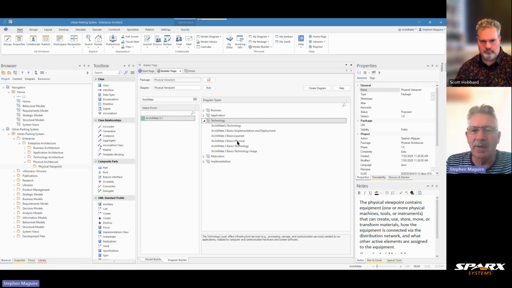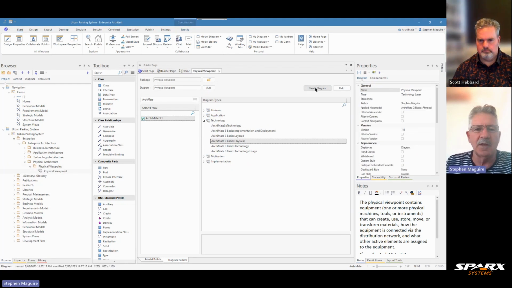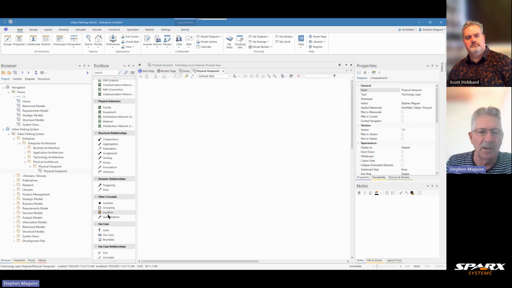In the specification it's grouped under basic, and you can see that one is there as a prefix to that physical one. And let's go create a diagram. Enterprise Architect does the work. It creates the diagram, brings up toolbox pages that are relevant to what we're doing, and you can see that